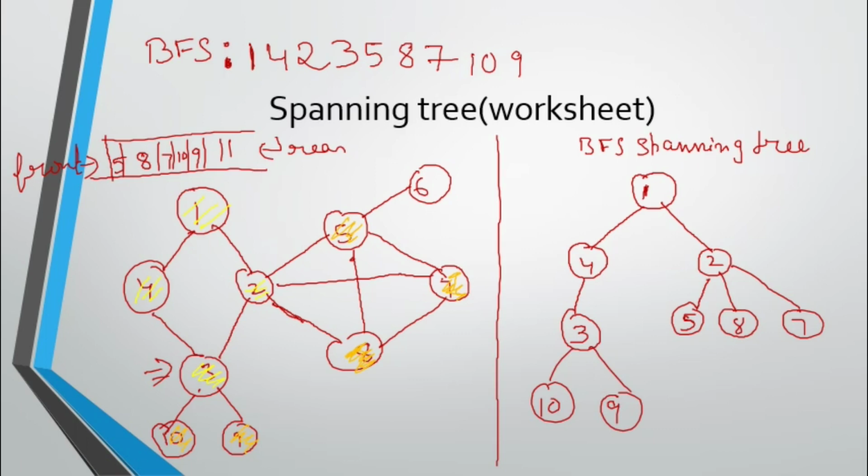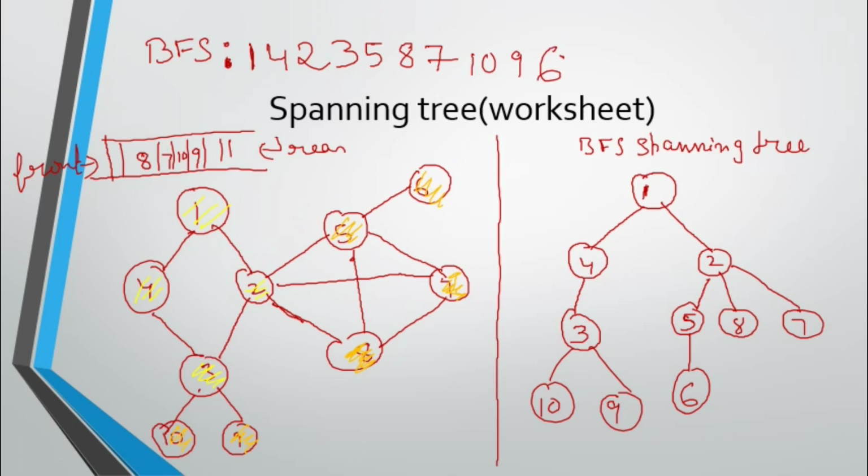Now you have 5, go to 5. Going to 5 means taking this, updating 5, removing 5 from here, and updating the pointer to 5. From 5 I can go to 6. Make it as visited. Make 5 to 6. And from 9 you go to 6, so change it to 6.